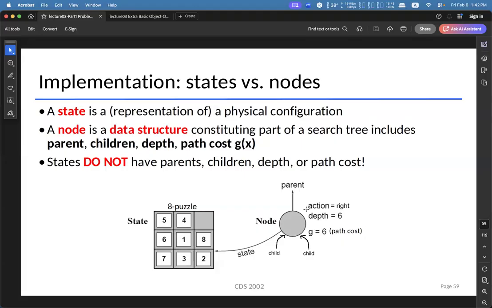Storing the action within the search tree allows us to reconstruct the final solution. So this is the reason why we store the action that led to the agent going to a node into the nodes.